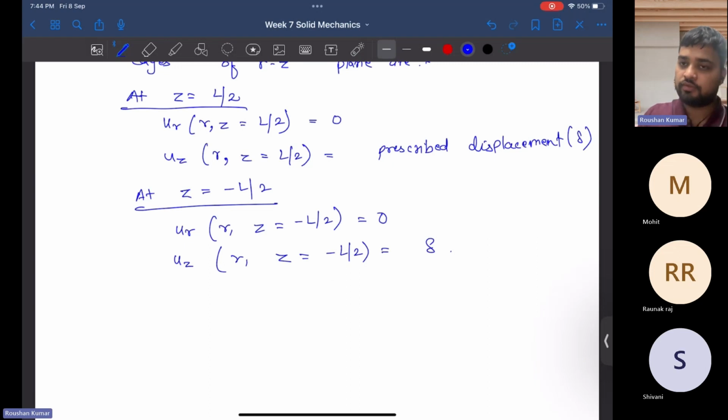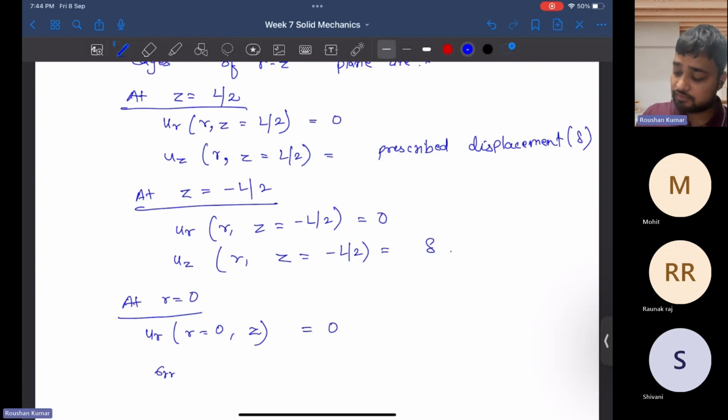And there is one more boundary condition, which is at r equal to 0, that is at radius equal to 0. So at radius equal to 0 there is no displacement anyhow. So u_r at radius equal to 0 at any z is 0, and due to there being no displacement in this direction, sigma rr, that is the radial stress, because it is bounded, so we can say the radial stress at r equal to 0 at any z is also